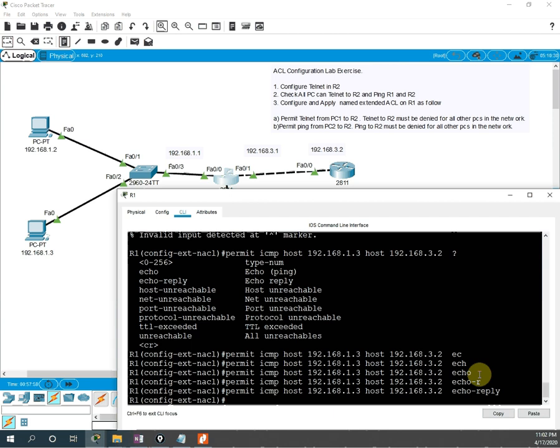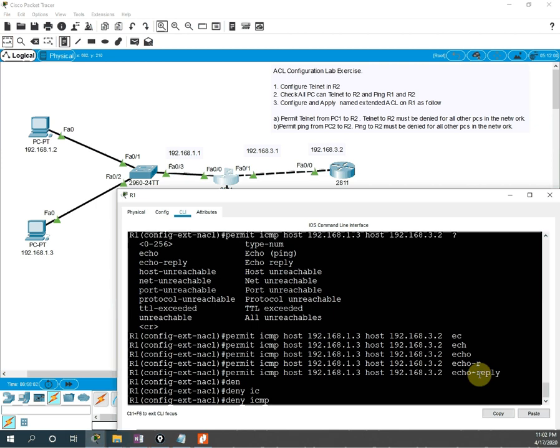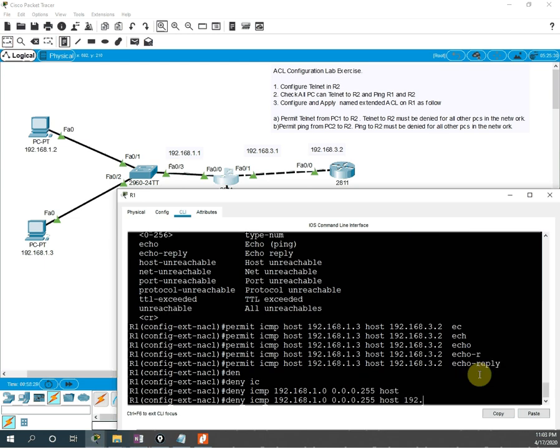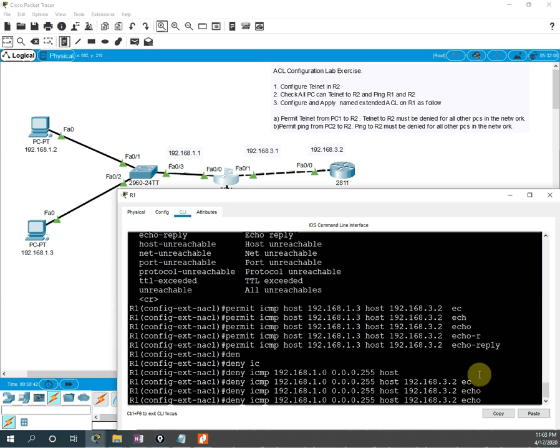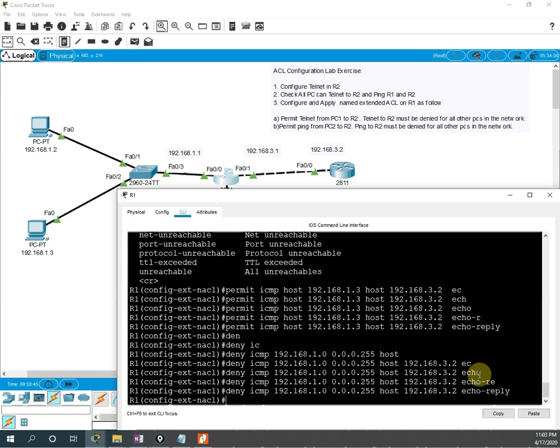So what we will write, deny ICMP, the whole network, we will write the whole network detail, like 192.168.1.0, and then I will write wildcard mask 0.0.0.255, and then I will write host, then 192.168.3.2, and then echo, and the same thing echo reply. Okay, so I deny. For this network it is finished.